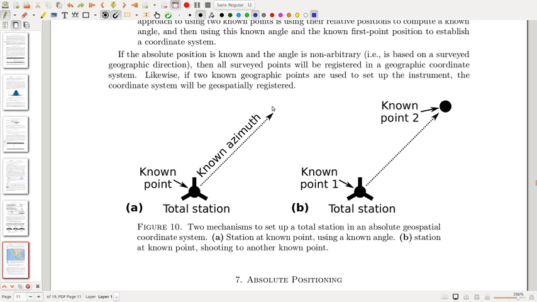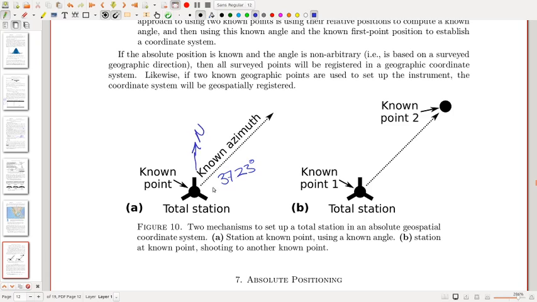And in fact, if you know that between this and this azimuth is, let's say, 37.23 degrees, well, gosh, then you can start to find out that true north is just that way. And so you can shoot that direction, get that point in, and then you have your actual set geographic coordinate